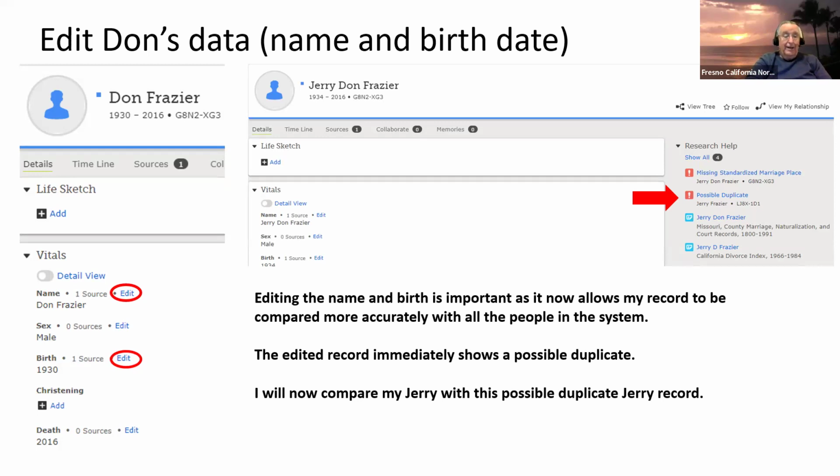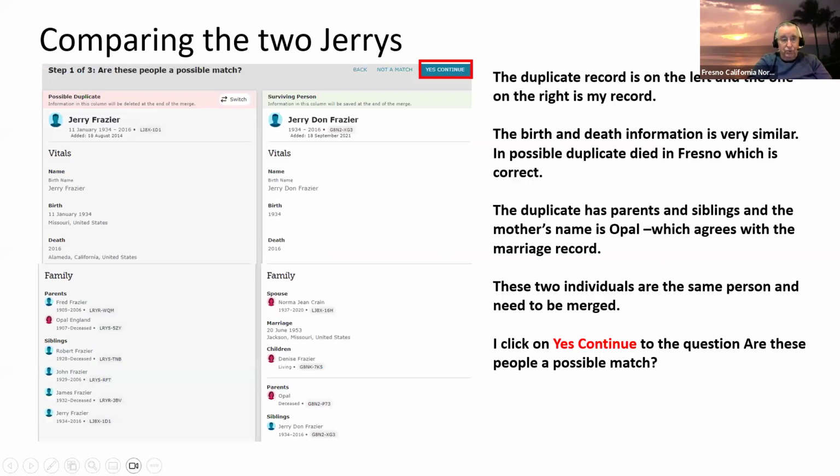And then after we fix it, I noticed there was a possible duplicate up there for a Jerry Frazier. I had Dawn. This one has Jerry. His name's really Jerry Dawn, as we have it edited now. So we went and looked at that, and sure enough, this is the normal kind of duplicate you're going to find. I've got a record for Jerry Dawn that I'm making as I work my way up a tree. It has spouse and children and no parents.